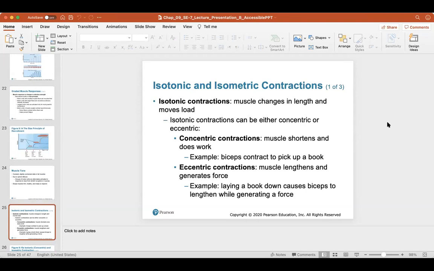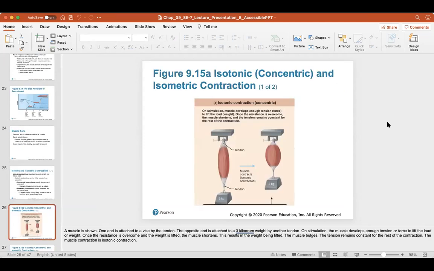An isotonic contraction is where the muscle changes in length and moves a load. An isotonic contraction can be either concentric, where the muscle shortens and does work, such as your biceps contracting and picking up a book, or eccentric, for example, laying a book down, causing your biceps to lengthen while still generating a force. So here's just a look at an isotonic contraction being concentric